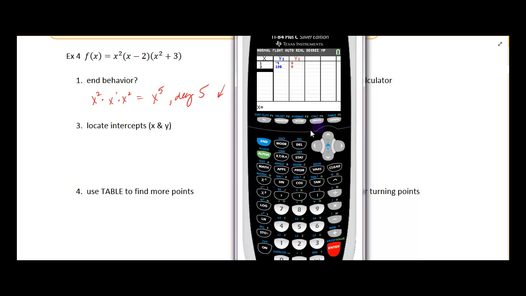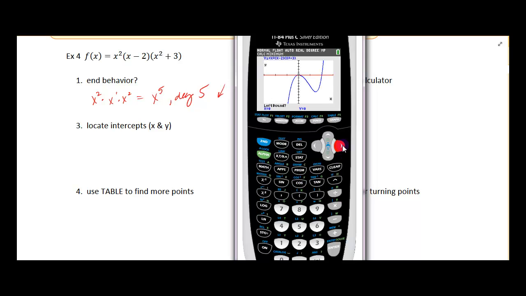The next thing on our agenda is to, once we have our graph, find out what these turning points are. Well, we already know what one of the turning points is because this up here is a max, but it's also an intersection. So we have a max occurring here at the peak of this curve. We have a min occurring at the valley or the bottoming out of this curve. So we're going to use those properties, the max and the min, to find the actual turning points of my function. So we go back to second, trace, find the min this time,